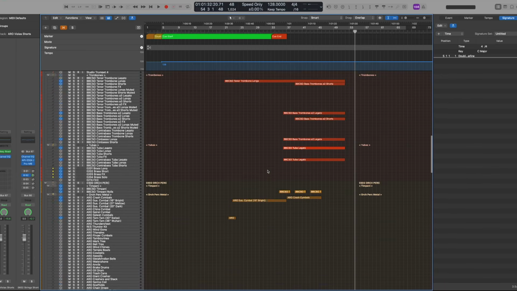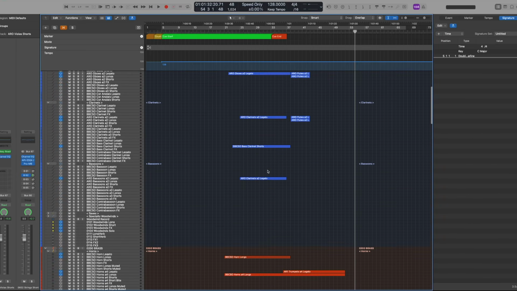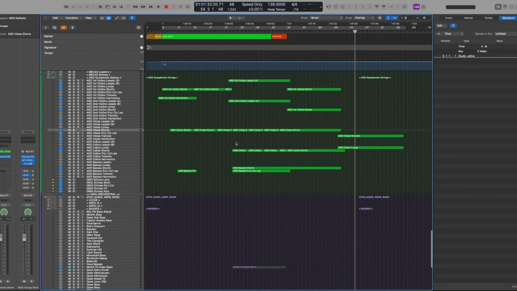Okay, so this is what my template looks like. I'm working on this project here. It's still sort of a work in progress, but this is my ultimate template, and if you're interested in this,